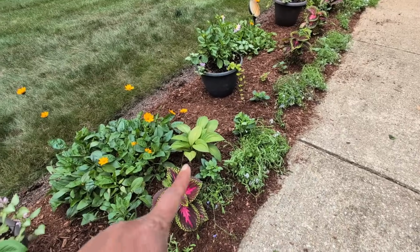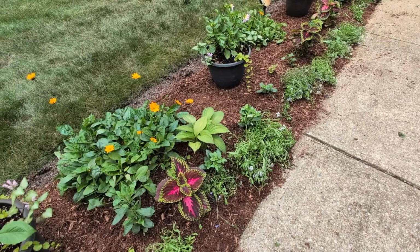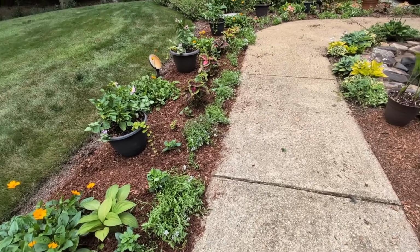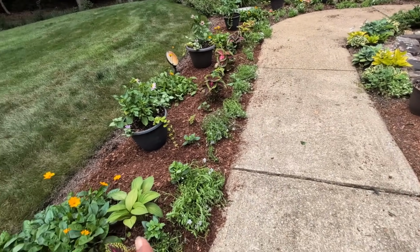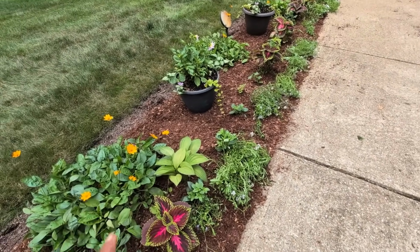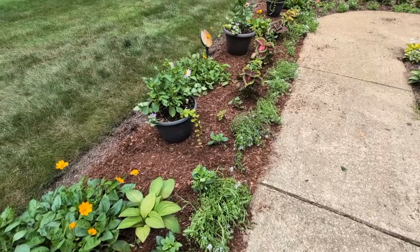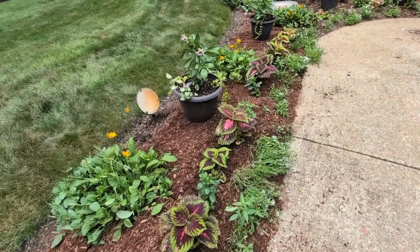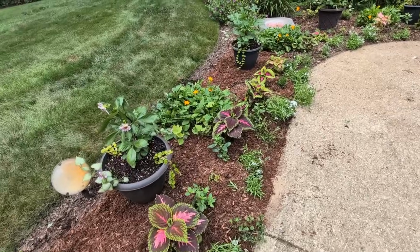There is a hosta. Every year, for whatever reason, I get a hosta plant that self-seeds itself. It comes from over where my pond is, and it's bizarre. So I just need to come in and pull a hosta plant out. Look how fresh and clean that looks. And I am so happy